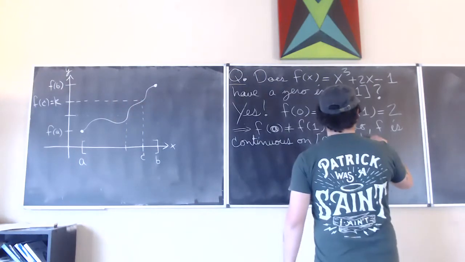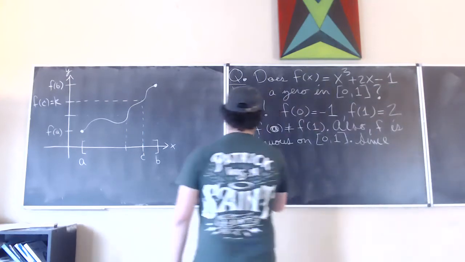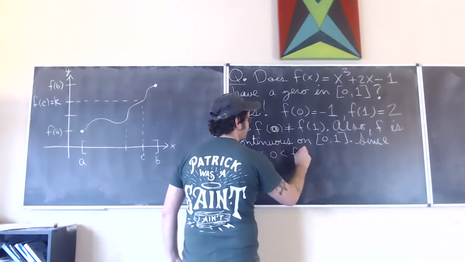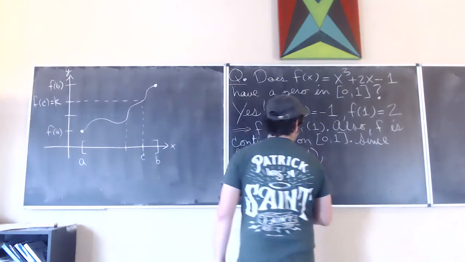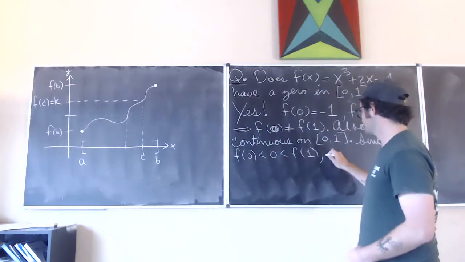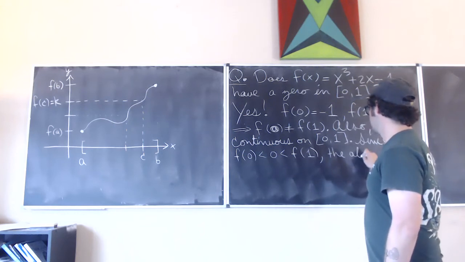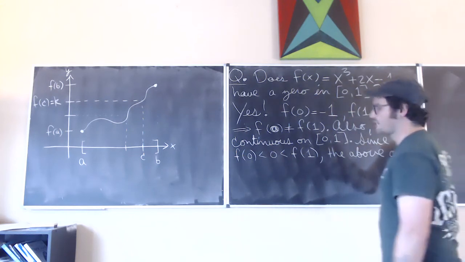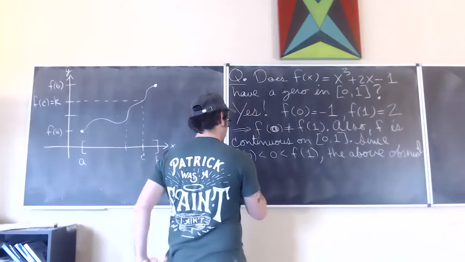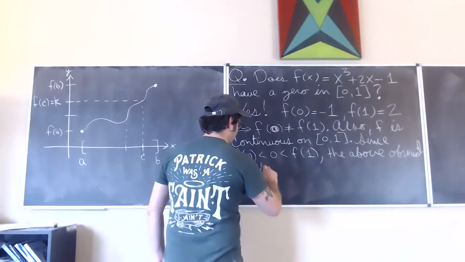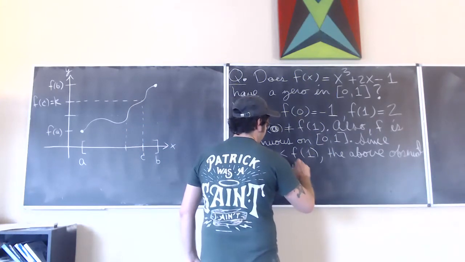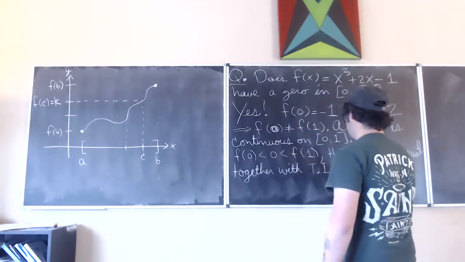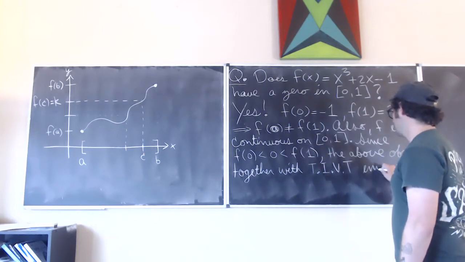So since f of 0 is strictly less than 0, which is strictly less than f of 1, the above observations together with the intermediate value theorem imply